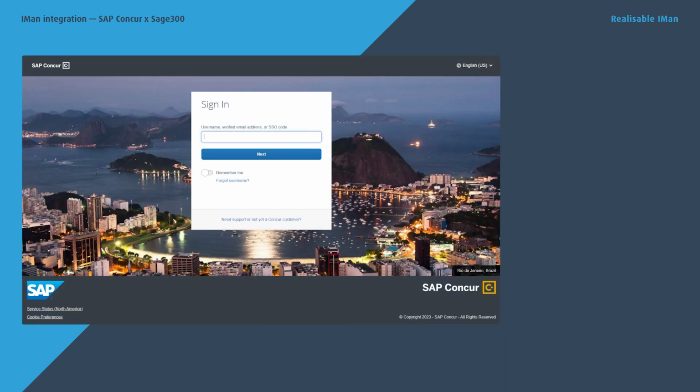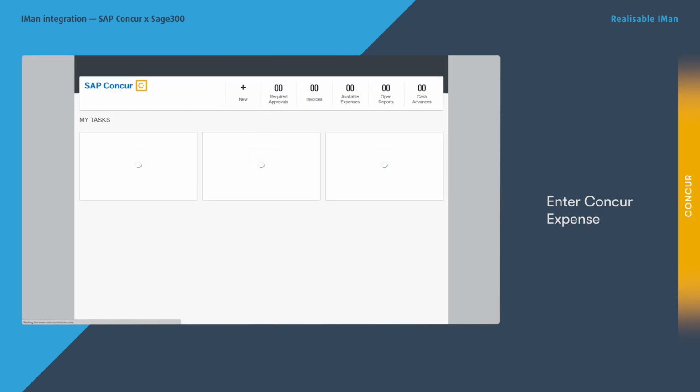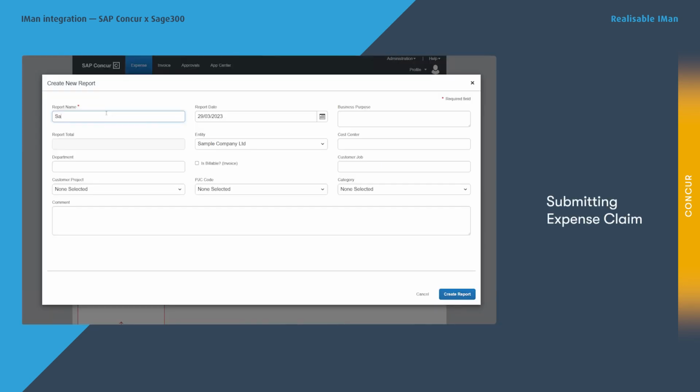In this demonstration, we'll be showing you how IMan can integrate Concur expenses with Sage 300. The way that the demonstration will be conducted is that we will be creating a simple expense within Concur Expense, running our integration to pull across those approved expenses through into Sage, then showing you the resulting transactions in Sage 300. As I work through the demonstration, I'll be explaining some of the key fields as I enter the expense